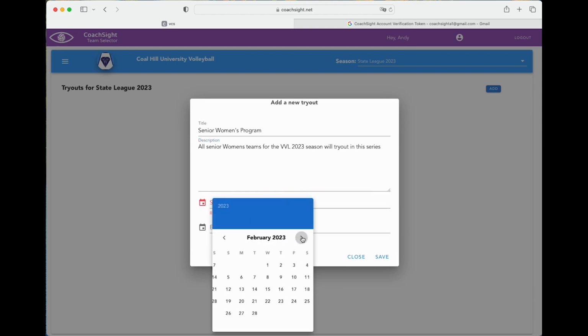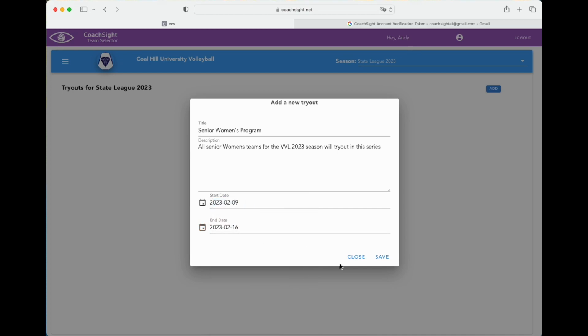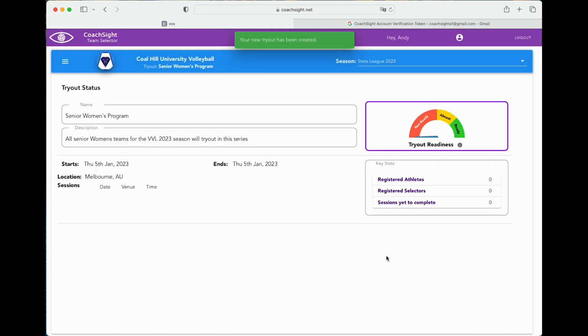So this is the tryout period, and I'm going to set this up to be between the 9th and the 16th of February this year, and we'll save that. And now we've got a new tryout, and this is the dashboard for the tryout. So a couple of things. We haven't got a lot of information registered here yet,